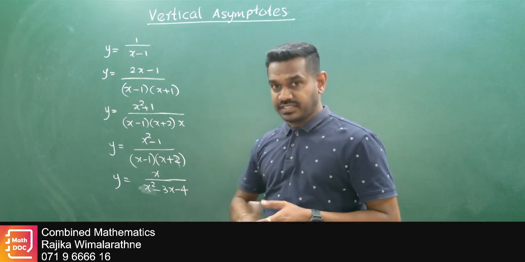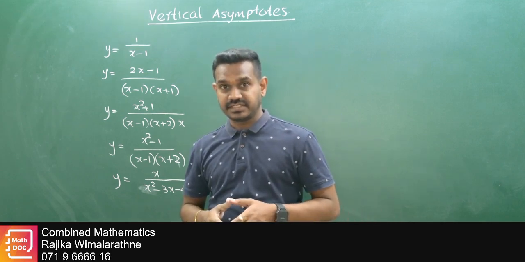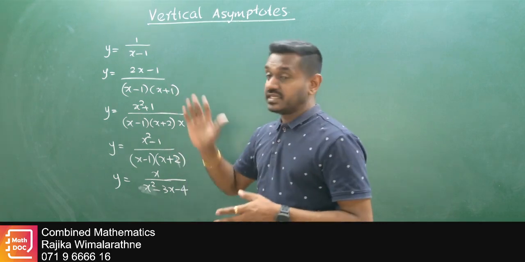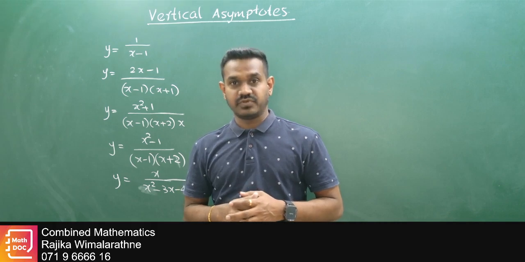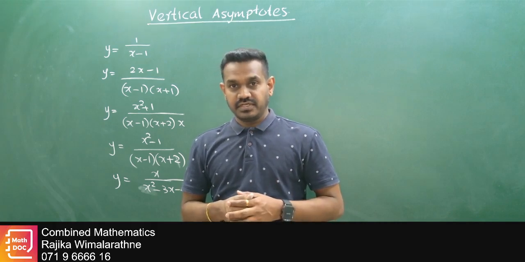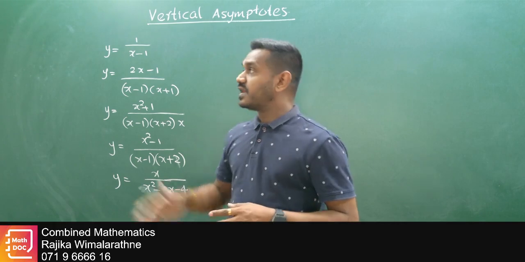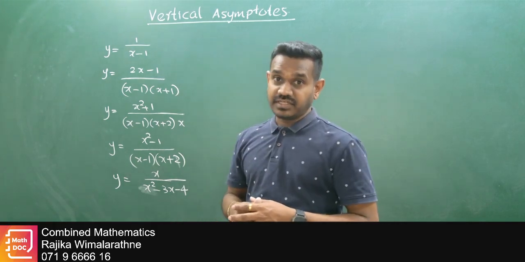These are rational function types. If we have a rational function with denominator zeros, then it definitely contains a vertical asymptote. So the first step, given a rational function: